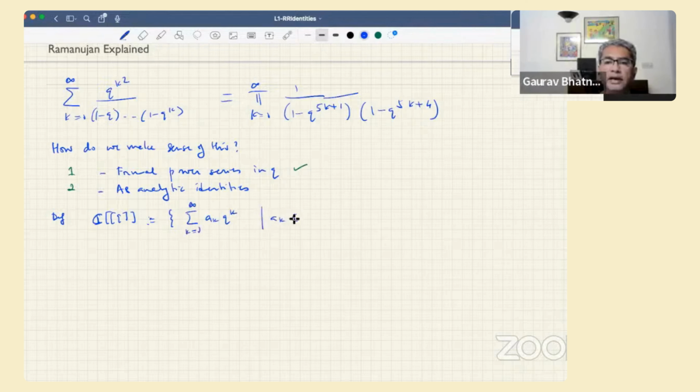So where a_k belongs to the complex numbers, and q is like x. These are like infinite polynomials. This is the formal power series, and you can define a plus on them. So first of all,